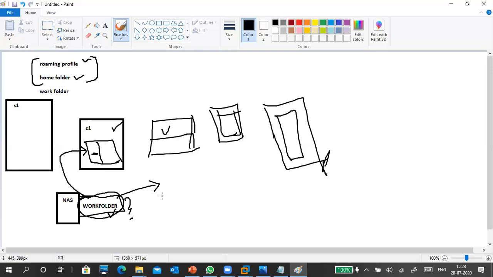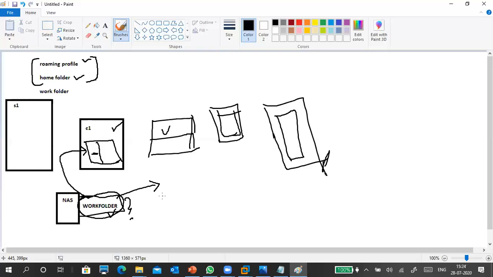What is the work folder? It is a folder which is on your PC. Once you are configured with the work folder, you will connect it to your centralized work folder and you can keep the data and retrieve the data. Mainly use it for your working information, your project related documents and all. You can keep them in the work folder, and you can access that work folder from your desktop or laptop. Laptop means you can access your work folder from your home through the internet.